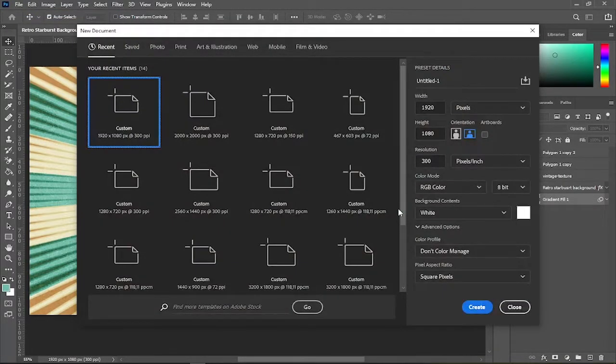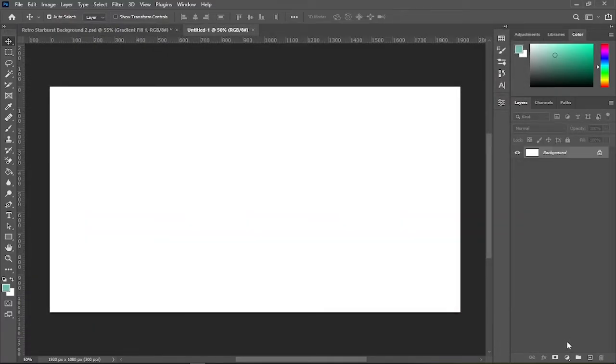Because I'm going to make a YouTube thumbnail background, I set the size to 1920 by 1080 pixels with 300 pixels per inch resolution and with RGB color. Then click Create, add a gradient layer,